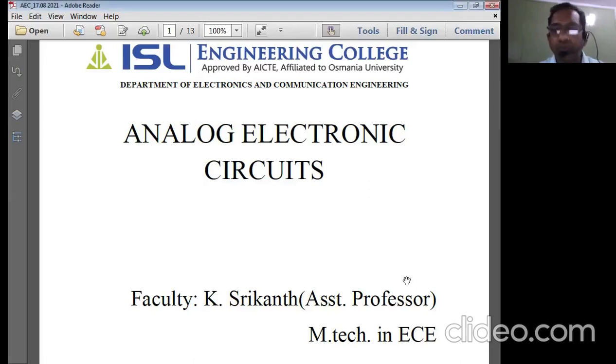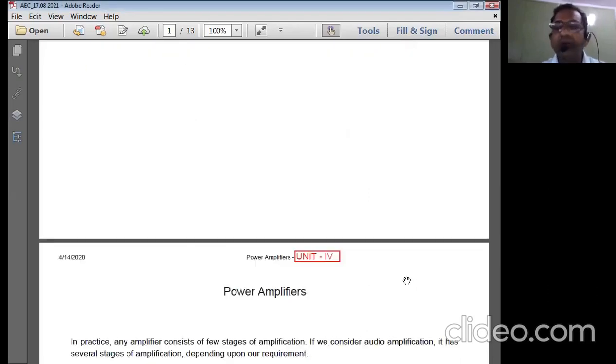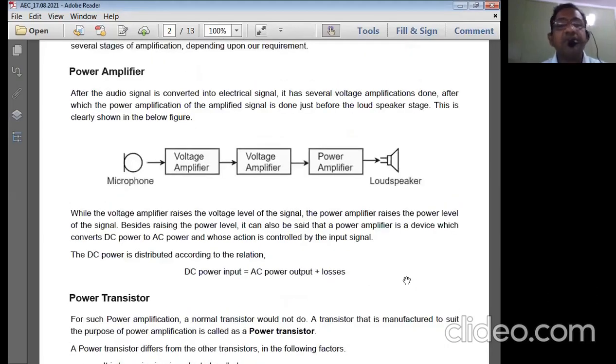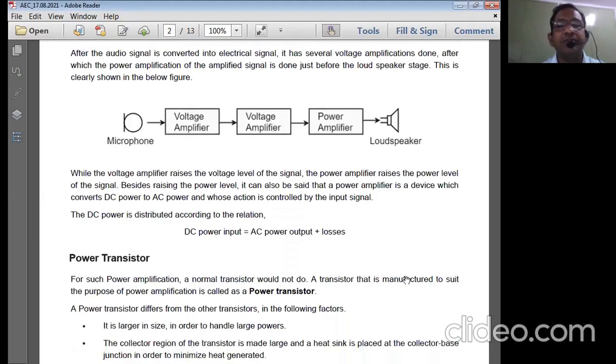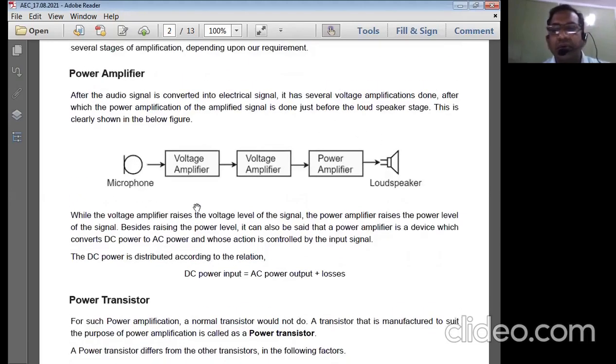Okay, let us go with the power amplifier basic block diagram. So what is the basic block diagram of a power amplifier? Let us look into this. In the exam, for 2 marks, if a question is asked to write or define a power amplifier, then you should draw this particular block diagram. Power amplifiers are normally used in speaker systems, that is, loudspeaker systems. You are seeing this loudspeaker system here.